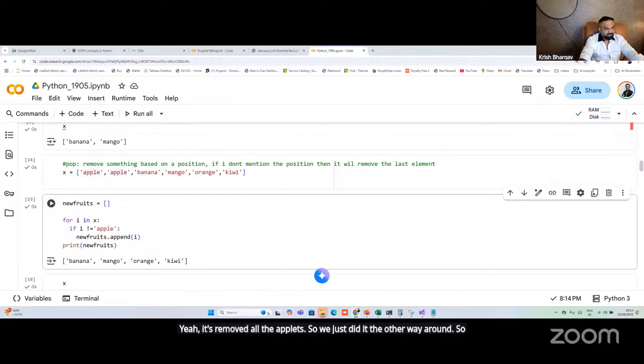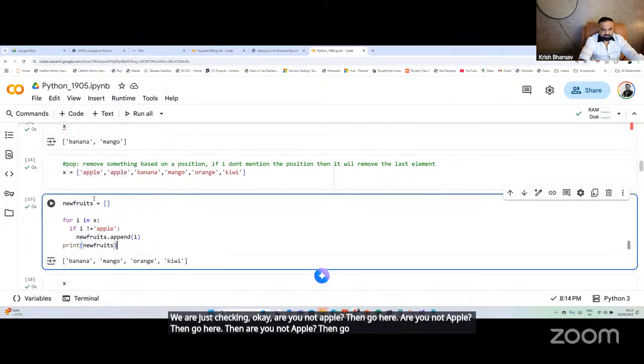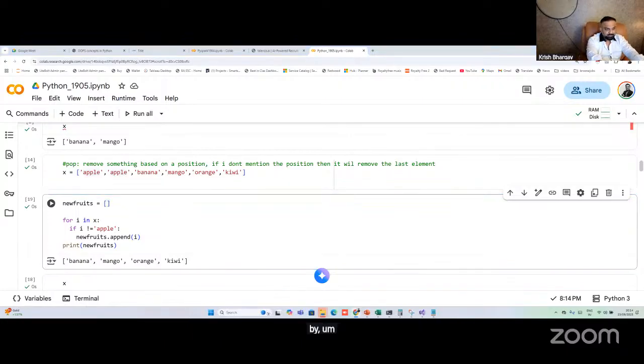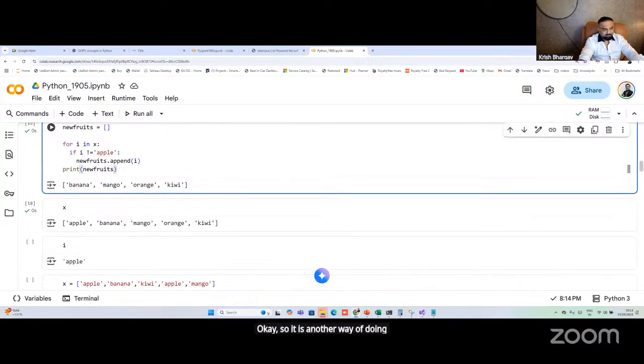So we are just checking, okay, are you not apple? Then go here. Are you not apple? Then go here. Are you not apple? Then go here. So we created a new list by checking if you're not an apple, then go to the new list. Okay, so it is another way of doing it, but we cannot use remove in the same list, all right,